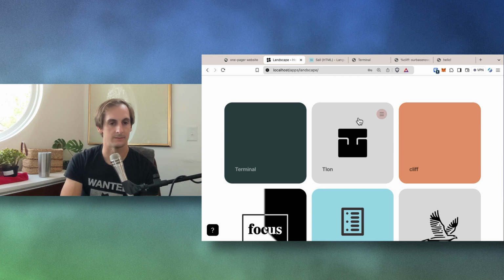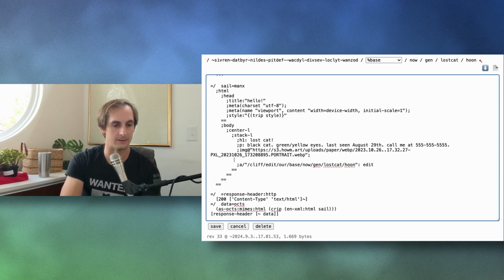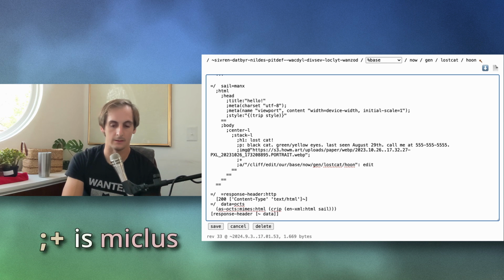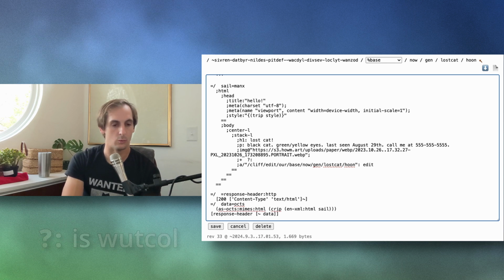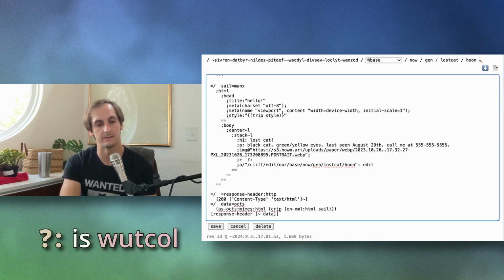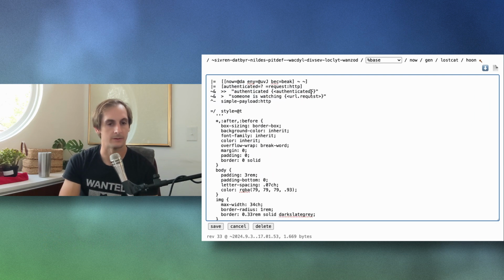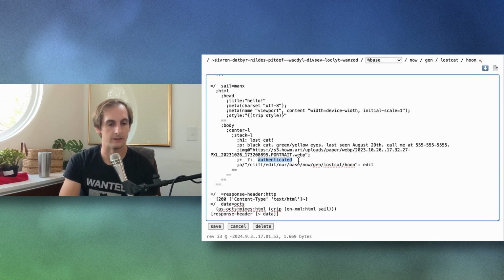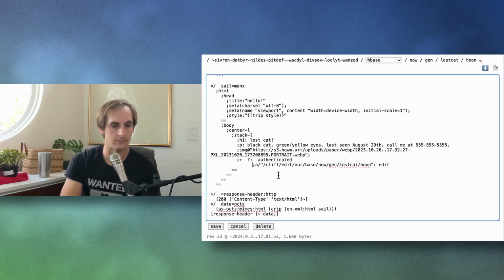This should work out just fine. So I'm going to put this link behind first a miclus, and then that's going to let me do a what less. So let's see, we'll look at authenticated, which is up here. Authenticated here is a named thing. So if authenticated is true, do this thing.